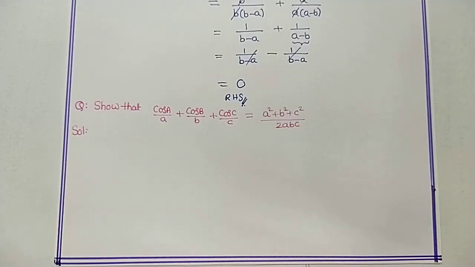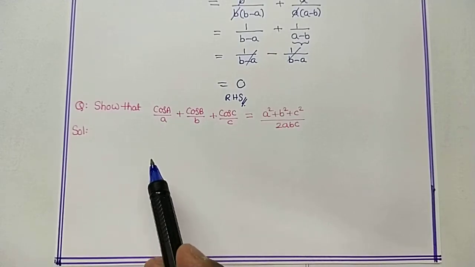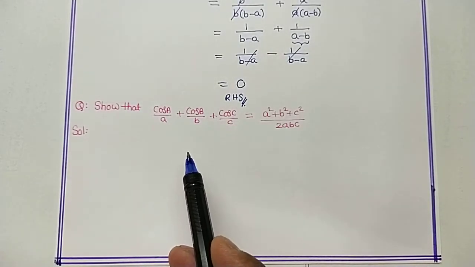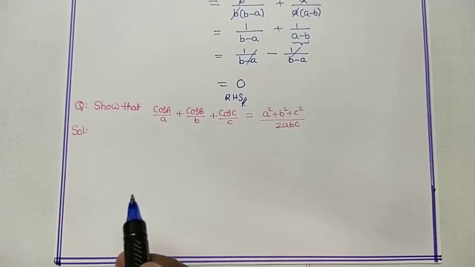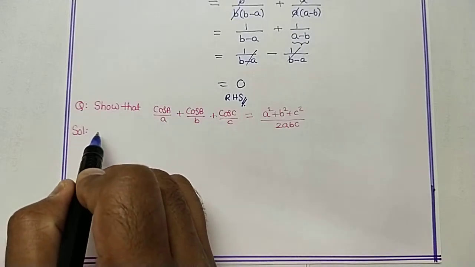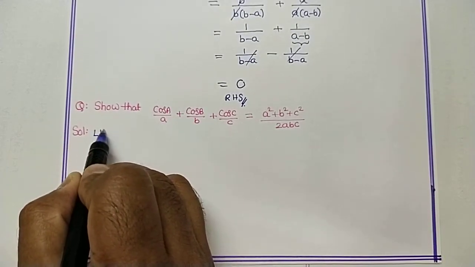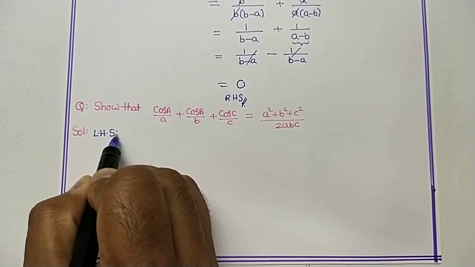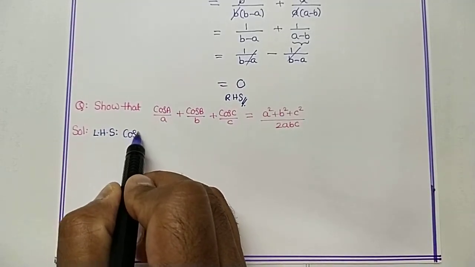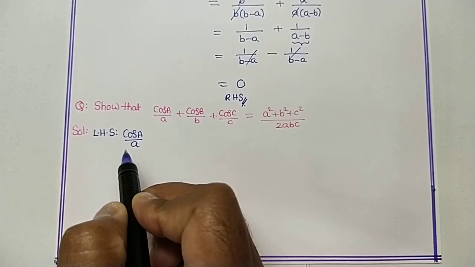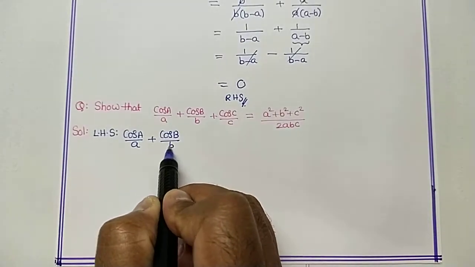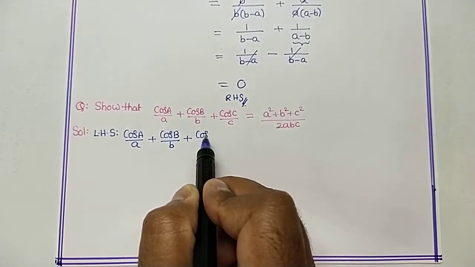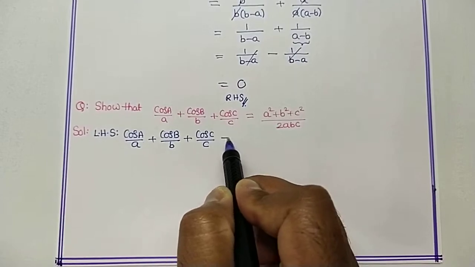The next question. Show that cos A by a plus cos B by b plus cos C by c equal to a square plus b square plus c square by 2abc. So here, consider LHS: cos A divided by small a plus cos B divided by small b plus cos C divided by small c, which is equal to,